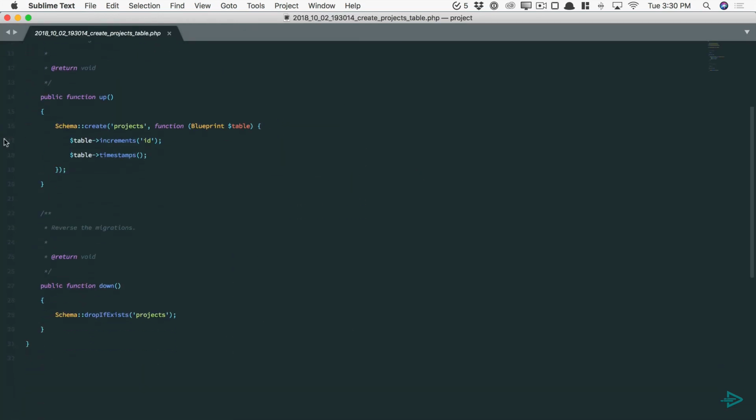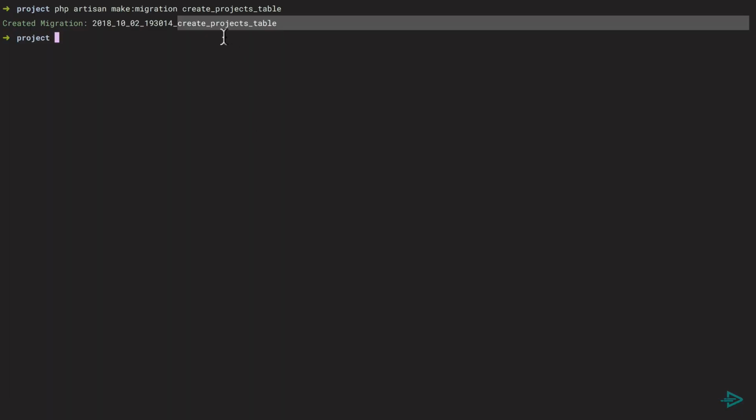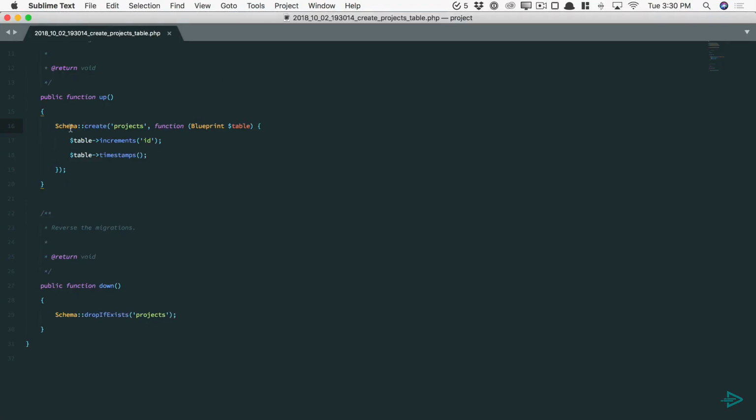Okay, so notice Schema::create. This is describing that we want to create a new table. Now, often you will want to update an existing table. In those cases, you would do Schema::table, and you'll get that by default if Laravel does not find this keyword here. It's a bit of a shortcut. It found that string and it's thinking, okay, you probably want to generate a new table, so